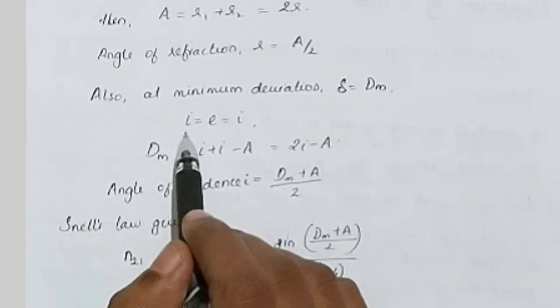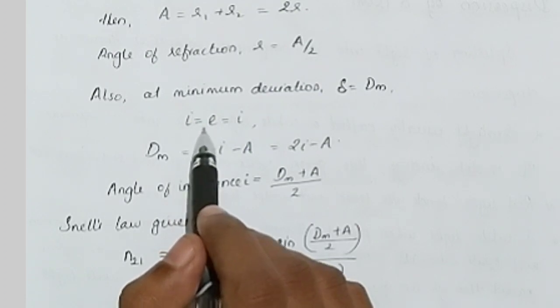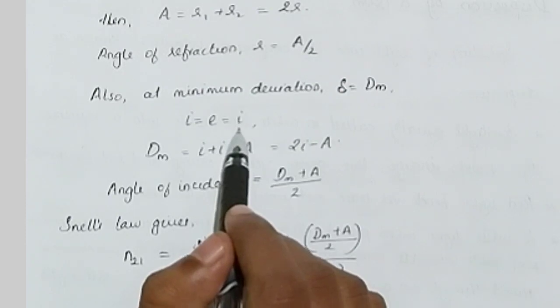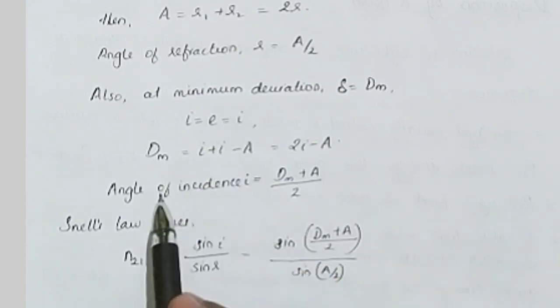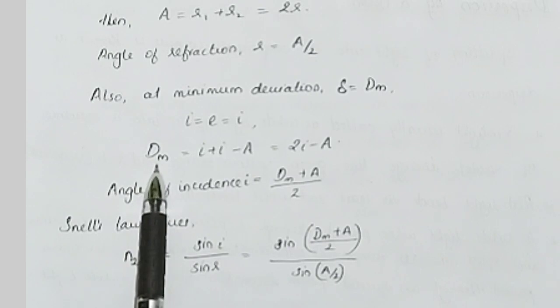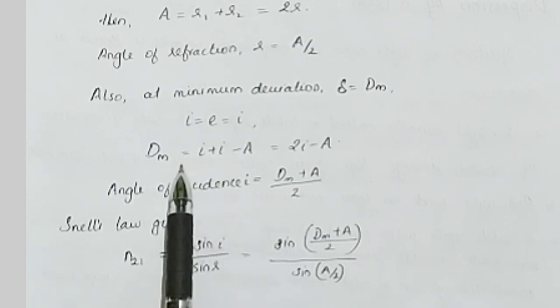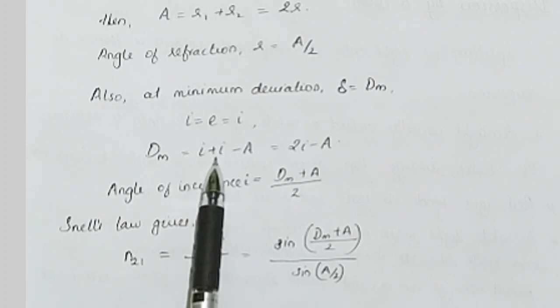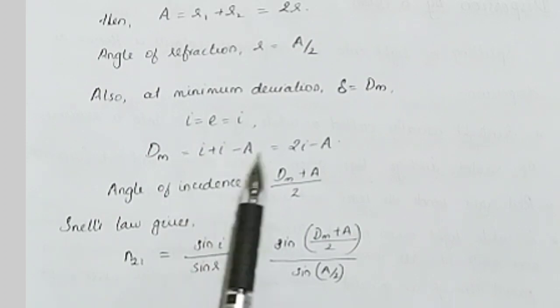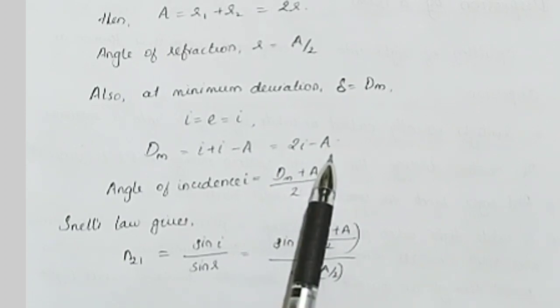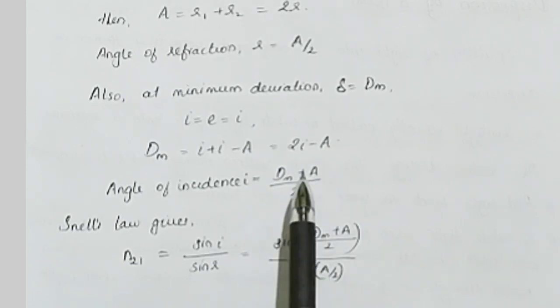So as we told, the condition for minimum deviation is angle of incidence is equal to angle of emergence, and let that be represented as i itself. So the expression for angle of minimum deviation, that is delta, can now be written as Dm is equal to i plus i, which was i plus e, now has become i plus i, because the condition is the condition of minimum deviation, minus A. So we can write this as 2i minus A, where A is the angle of prism,